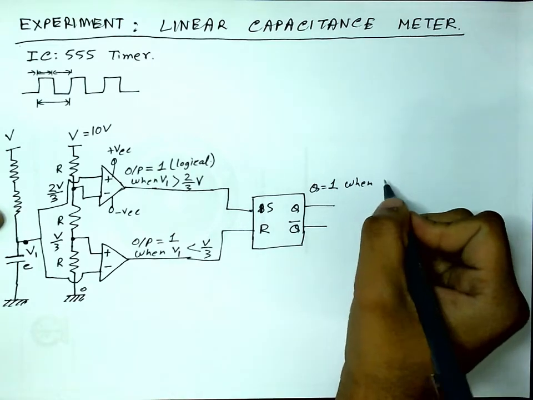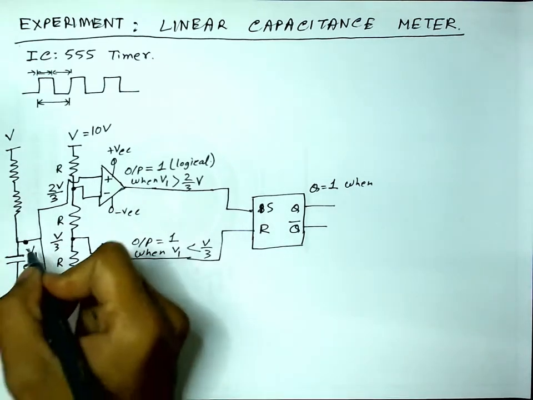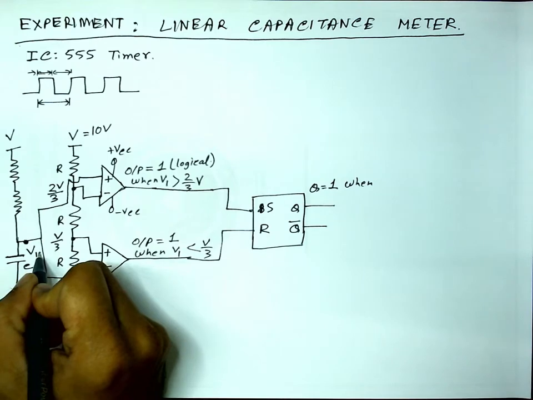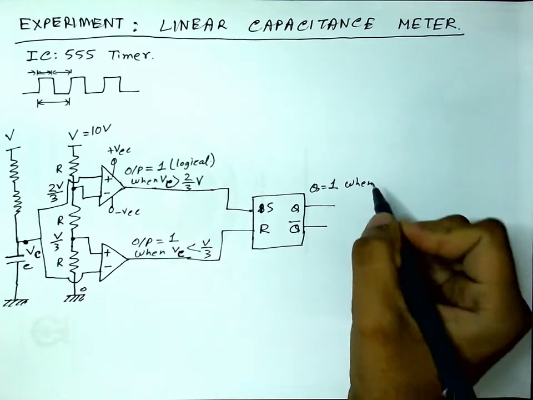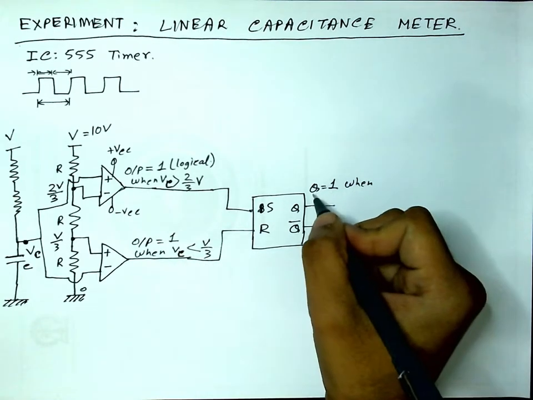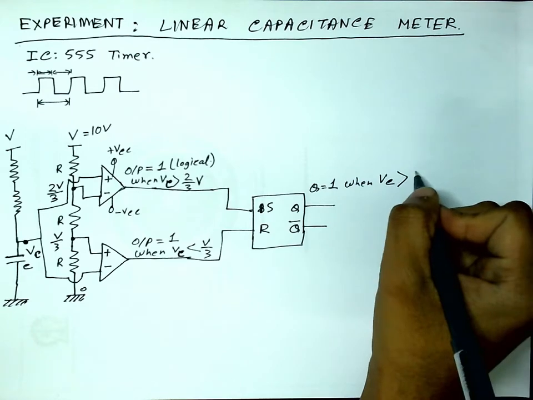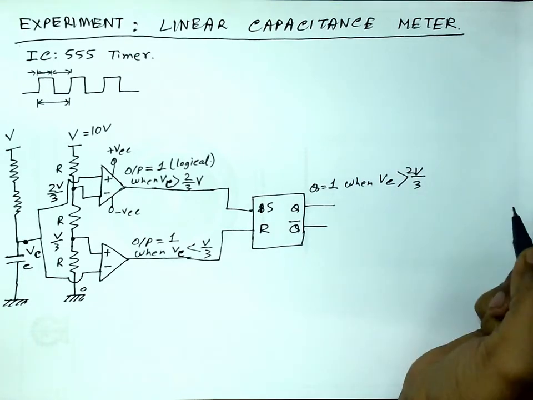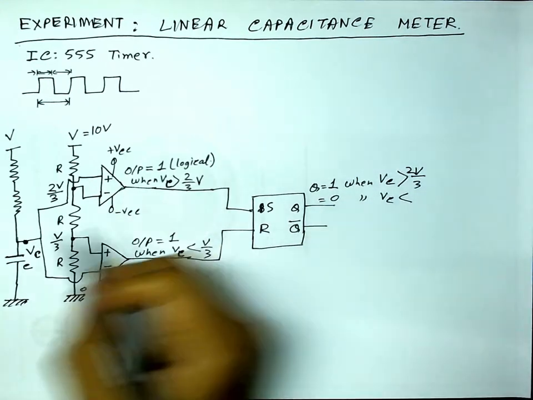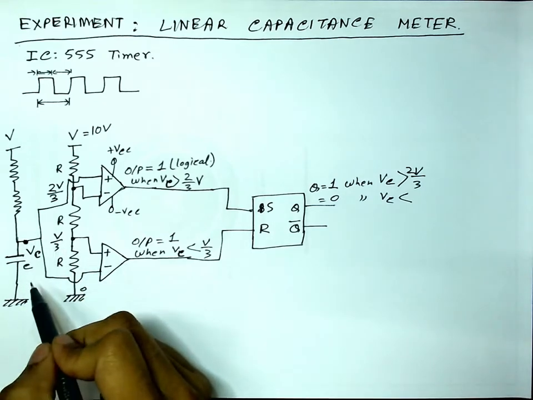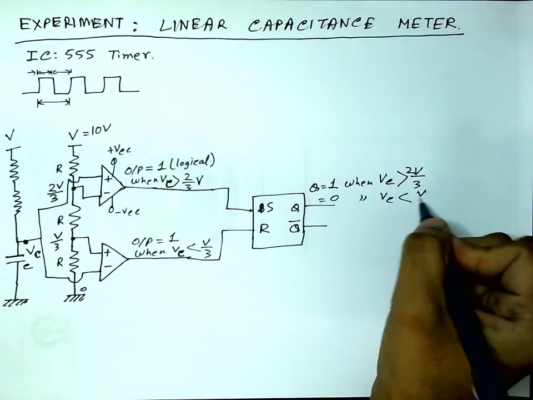So when this V1, we can also call this VC, because this is the capacitor voltage, maybe that's more meaningful, so let me call it VC. So this is also VC, this is also VC. Then I can say that Q will be 1 when S is triggered, which means when VC goes above 2V by 3, and this will be equal to 0 when VC falls below, if I by some means discharge this capacitor, and then if VC falls below V by 3,